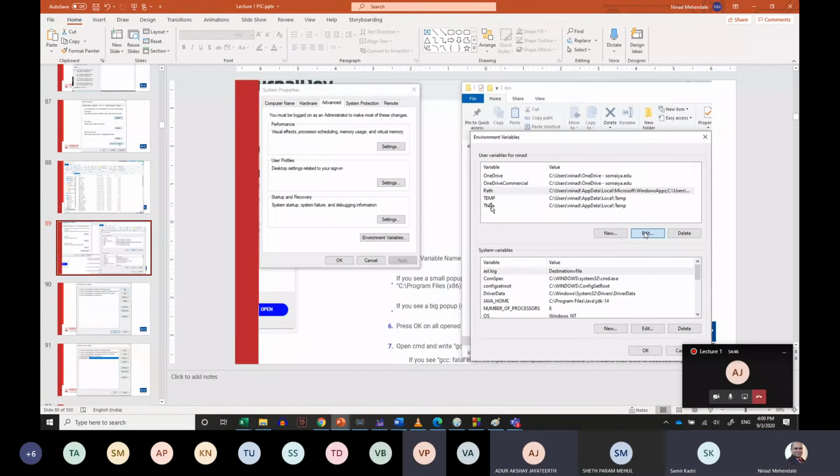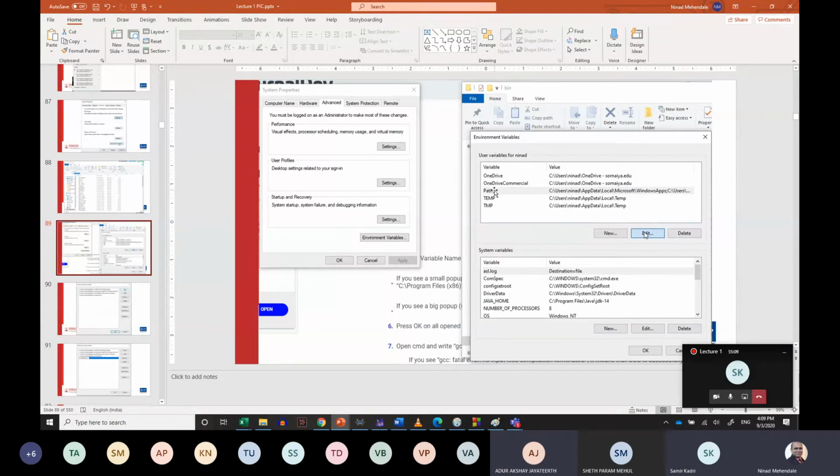Okay. So those who don't have the path variable already defined for them, you can click on this path. Those who are doing it first time, they don't have any programming language on their PC. They will not have this path variable for the user. So create a new variable called PATH. But make sure that you check this.